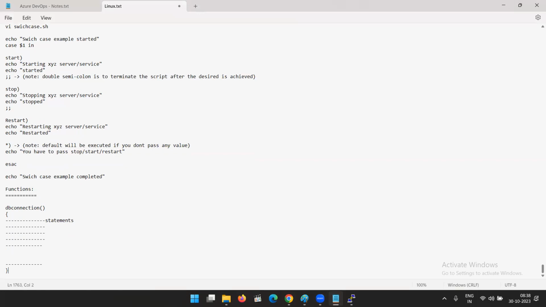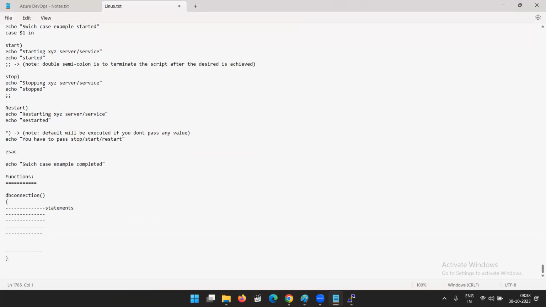Now this function is closed. So here, if you call the function DB connection in your script,